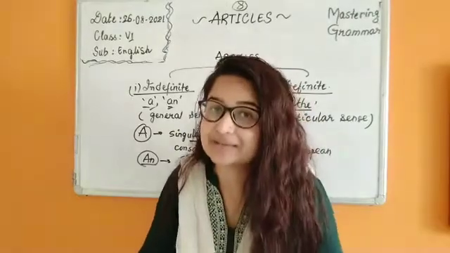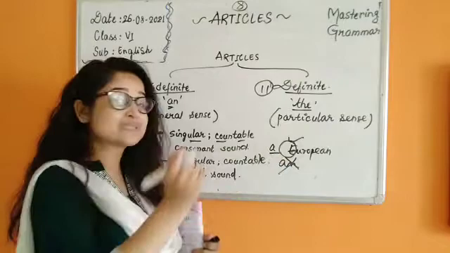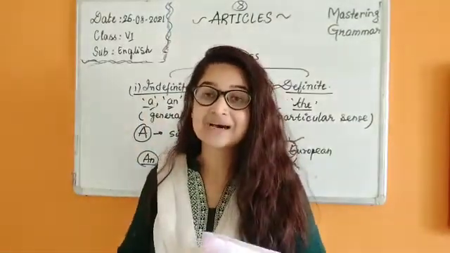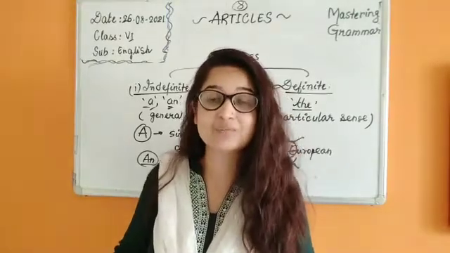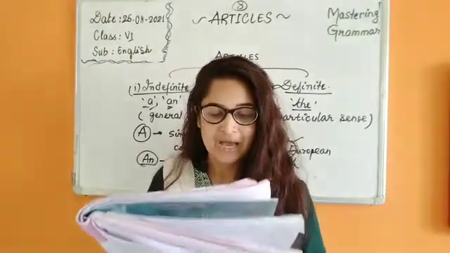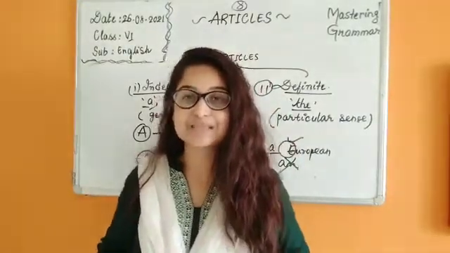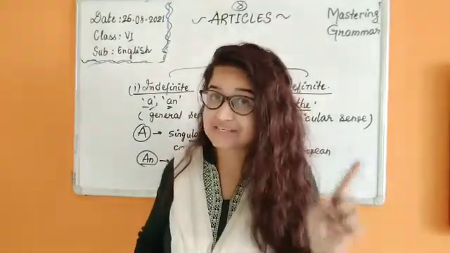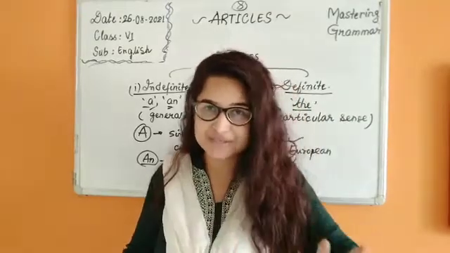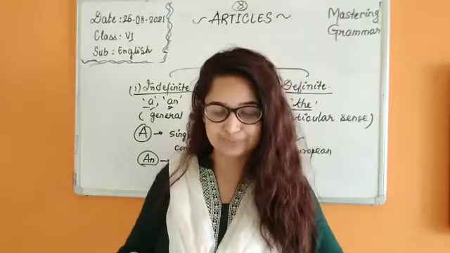So you know by this that for a consonant sound we are going to use a and not an, even when the letter in English is a vowel letter. Now, European begins with E and university begins with U. Yes, university, again you see the 'yu' sound is there, we do not say 'an university'. They begin with the consonant sound Y-U.